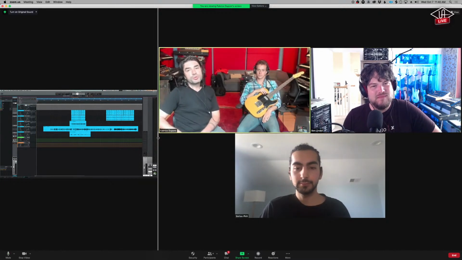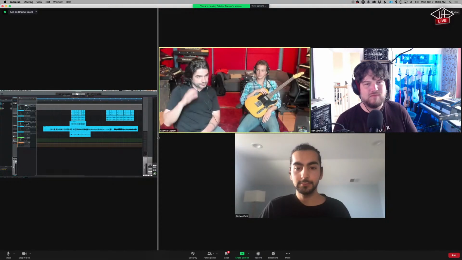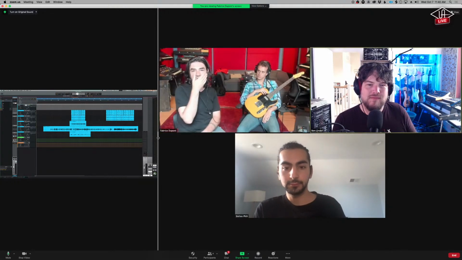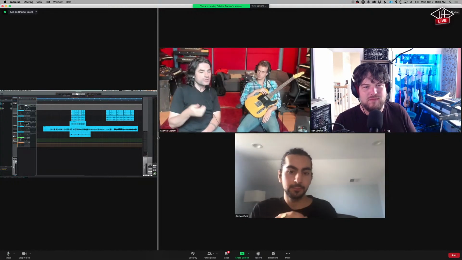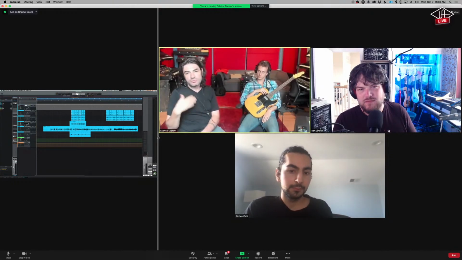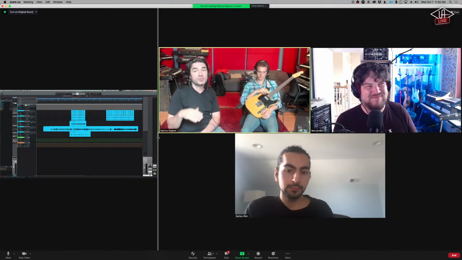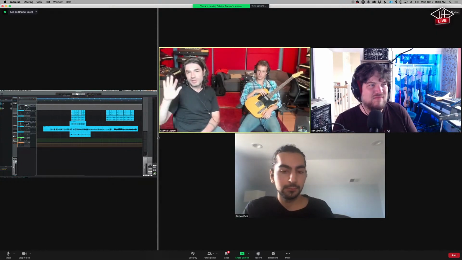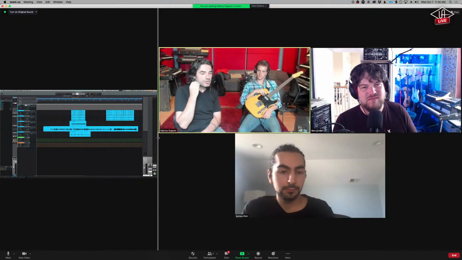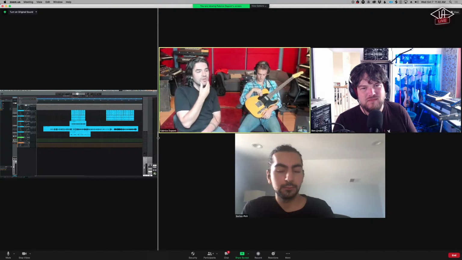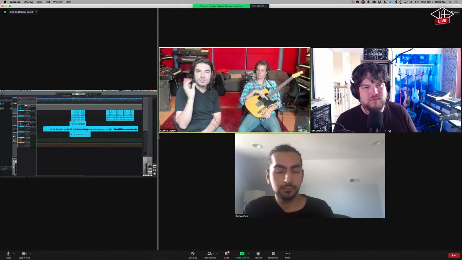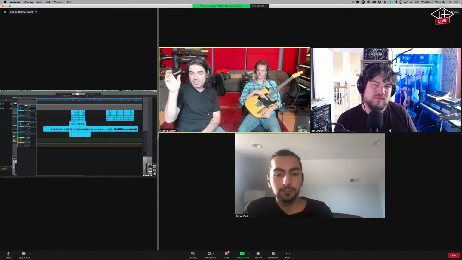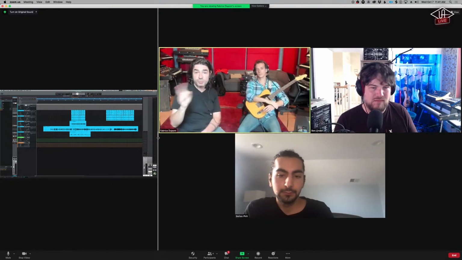The bookmark function is super unique. Some people are having a hard time wrapping their heads around the difference between a version and a bookmark. A version is like you do your first mix, you come back the day after, you increment. If you're a good citizen, you increment the mix number. You don't call the same thing mix 1, mix 2, mix 3, mix 4, whatever you do. A bookmark is more like you're in the middle of your session, and somebody says, hey, how would it sound if we cut the bridge in half? So you put a bookmark before you start your work, and then you cut your bridge in half, and then you can go back and forth super quick between the two of them.